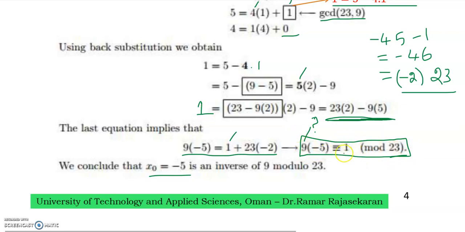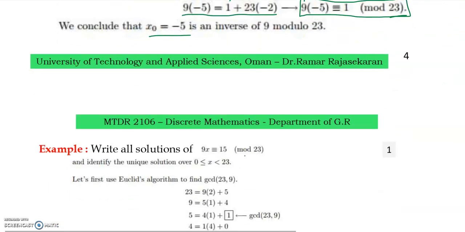If the GCD is 1, then this number 9 is given in the question, and we are looking for its inverse, which is what is next to it in the product, that is minus 5. So our answer is minus 5 is an inverse of 9 modulo 23. That's it. We will see the continuation of this video in the next